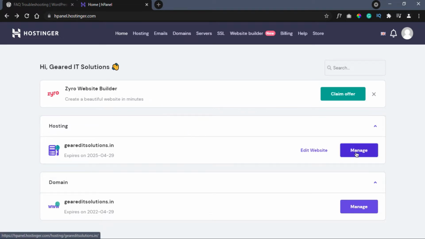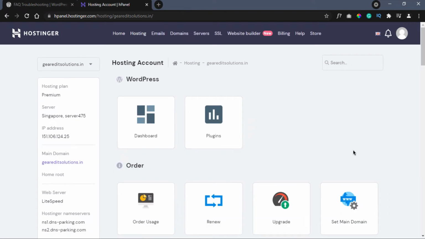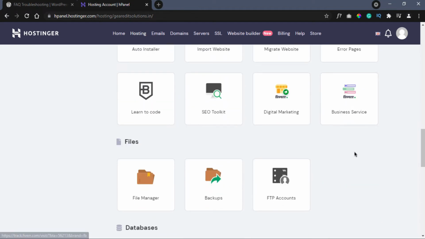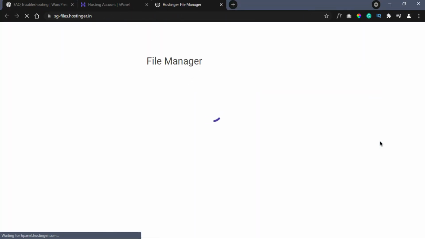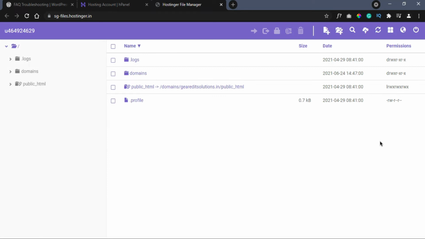This option you will get once you click on manage, especially in GoDaddy. If you click on cPanel admin, you will be able to access the cPanel dashboard. So once you have arrived at the cPanel dashboard, scroll down to the files option. Under that, click on file manager and it opens up the file manager. Now don't click on anything, just click this option,